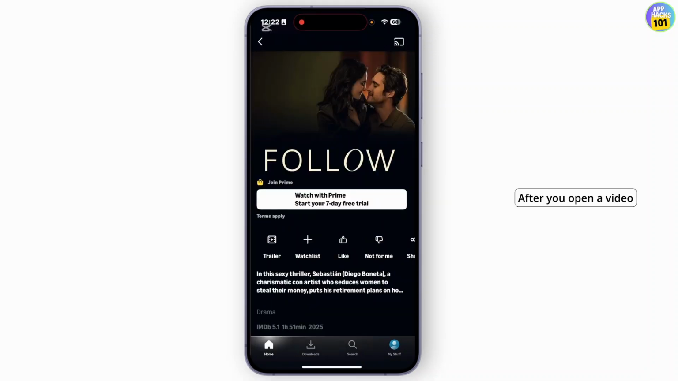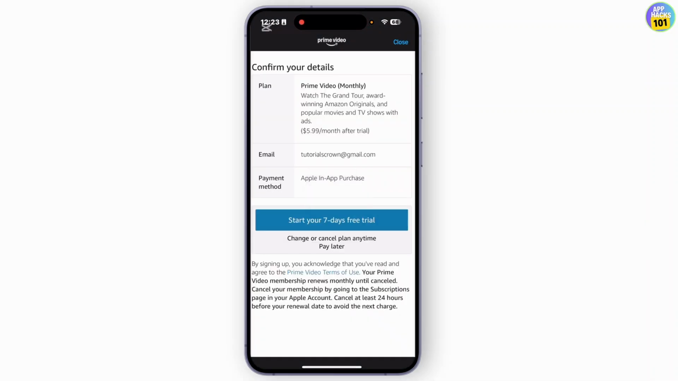After you open a video, at the top you can simply find the subscribe option, like here it is available with Prime 7-day free trial. Simply tap on that option, and from here you can simply start your 7-day free trial, and after 7 days you just have to pay for that. Simply tap on the option start your 7 days free trial,